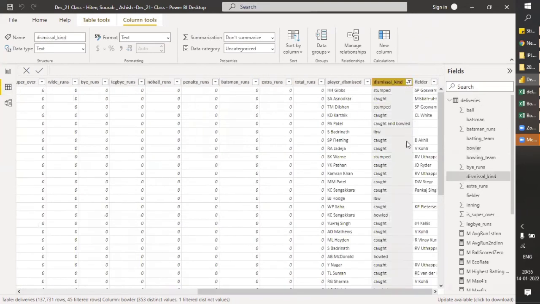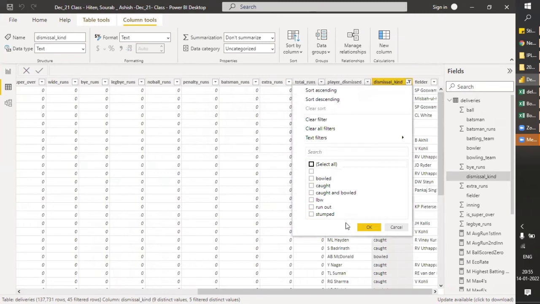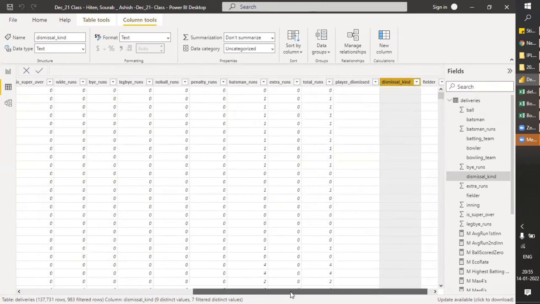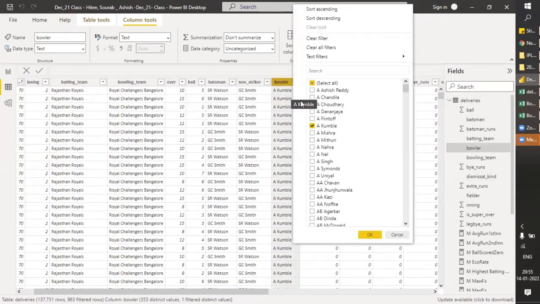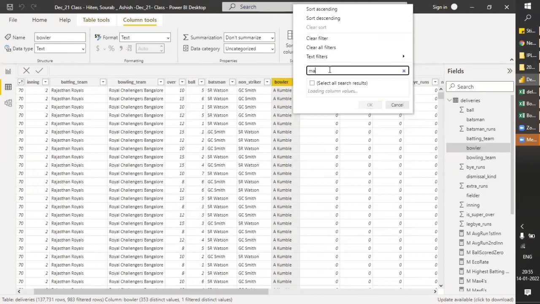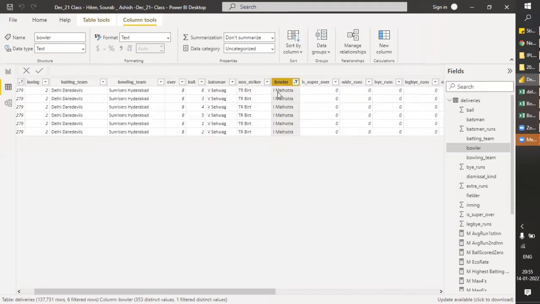Let's remove this. Okay, I'm sorry. We don't need this filter here. We just need this to check the runs. Yeah, we have this bowler here. If we see, he has only bowled 6 balls.